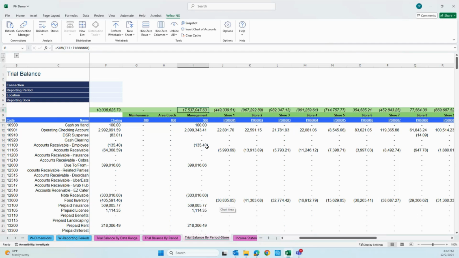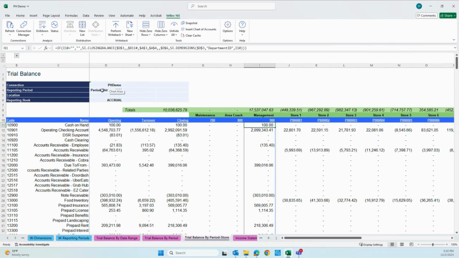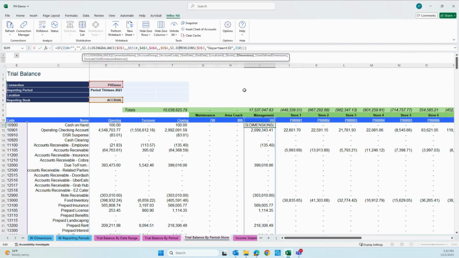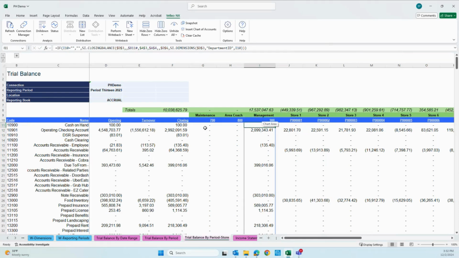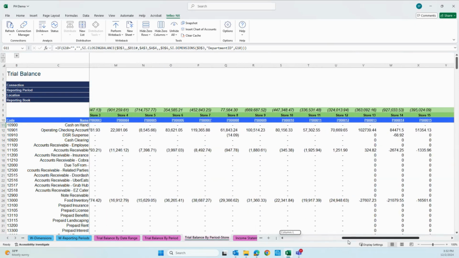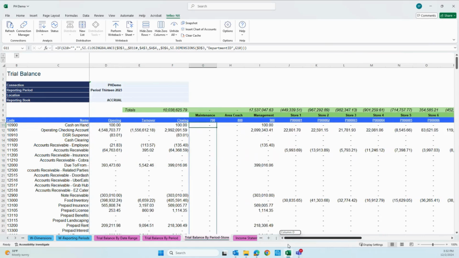This is a grand total of the trial balance data down here. But as you see, we are pulling the data based on this period for this Intacct connection accrual book, and we are pulling it by the department dimension, based on this ID right here. So this is a way to quickly get at your data, as opposed to having to run by individual report, which ends up stacking the reports on the same tab, one row after row,